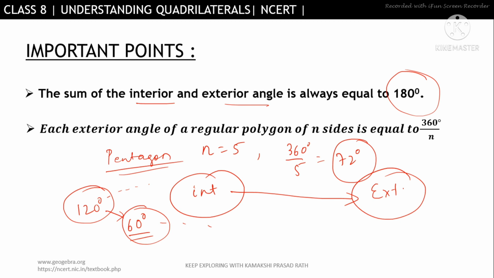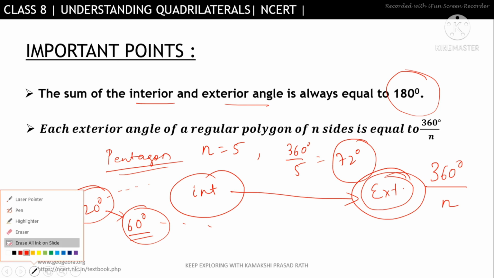And we know the sum of the exterior angles is 360 degrees. Hence, 360 degrees divided by n, where n is the number of sides. We can say here n is the number of sides. Since the number of sides is equal to the number of angles, we are just dividing it, and we get each exterior angle of a polygon.